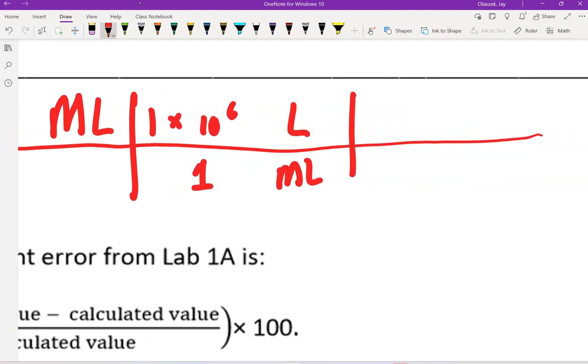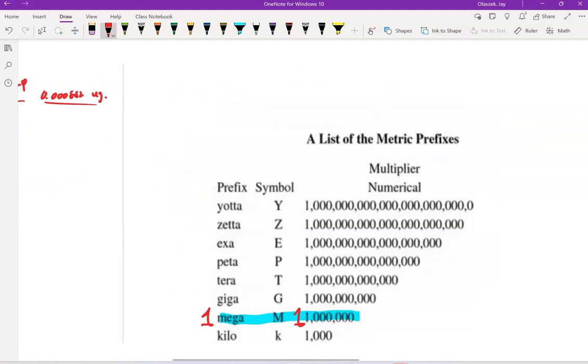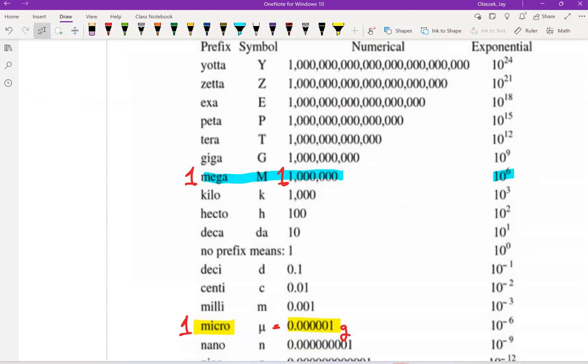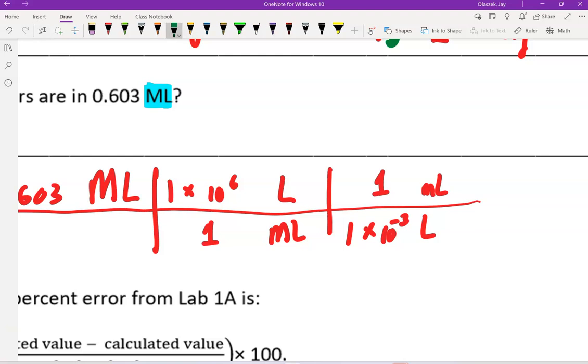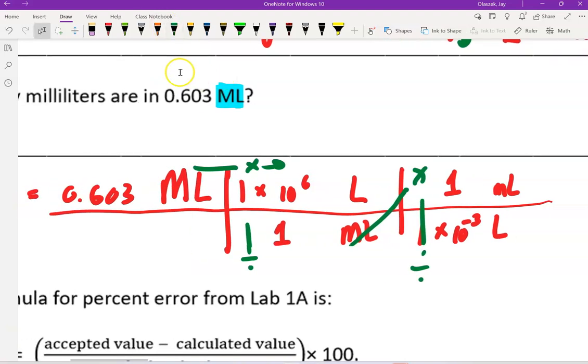Now, because we want to go from liters to milliliters, we're going to use our conversion chart. And we know, if we look down here, 1 milli is equal to 0.001 of that thing. If we're going to write that in scientific notation, we could say 1 milliliter is equal to 0.001, or if we wanted, 1 times 10 to the negative 3 liters. All we're going to do is multiply across the top, divide by the bottom. So I'm going to take my calculator